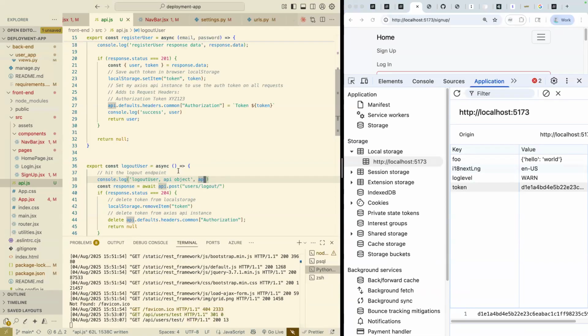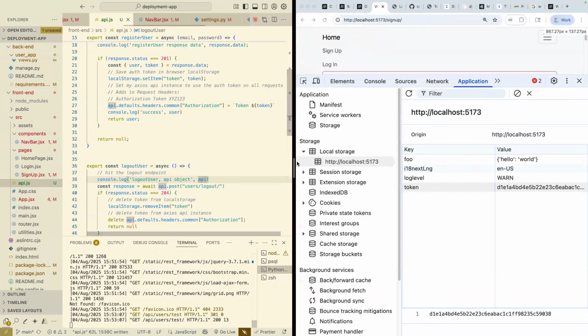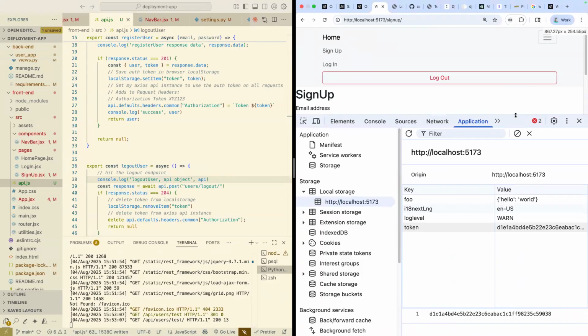Marshall, yes, sir. This might be a dumb question, but is it because we don't have a login function, and then at the top of your browser, you're still on the sign up? Do you need to redirect to like the logout endpoint? Yeah, good questions. Login, I don't think we need login because when we sign up, we get that auth